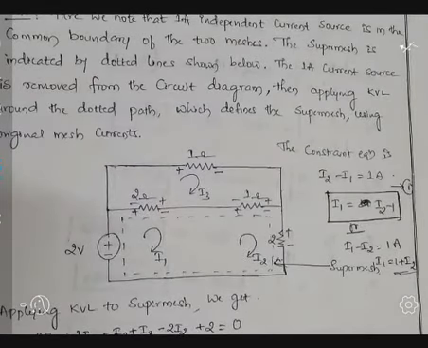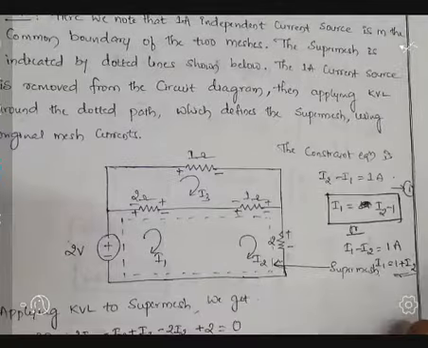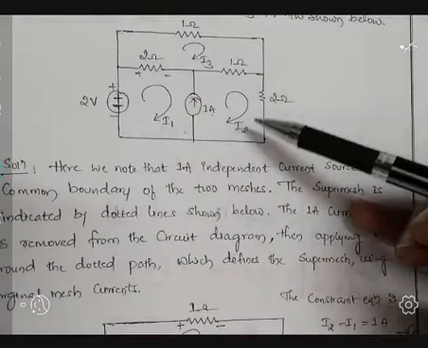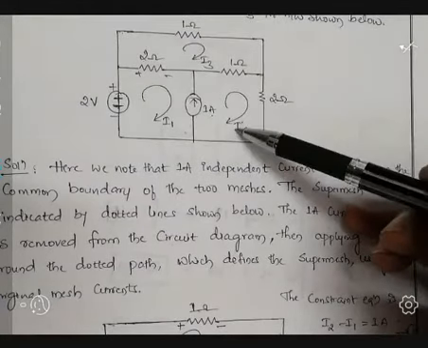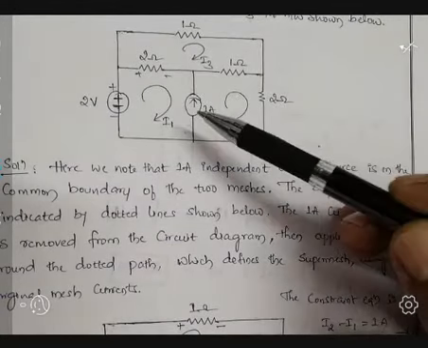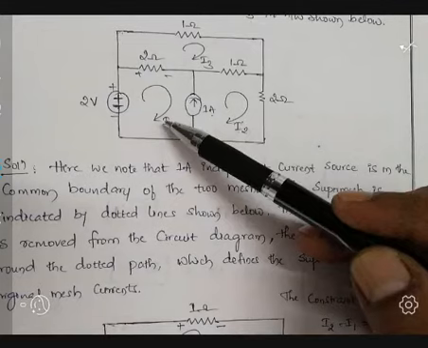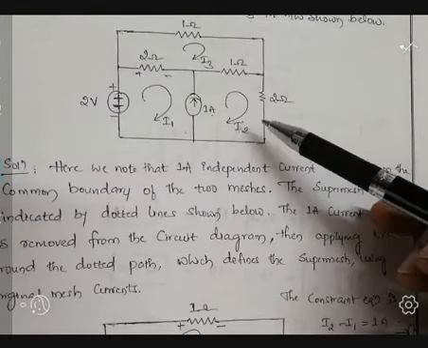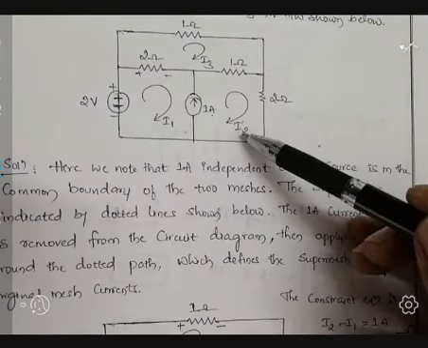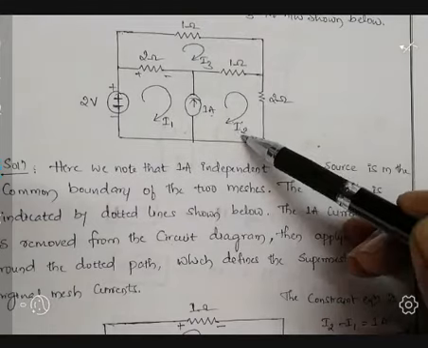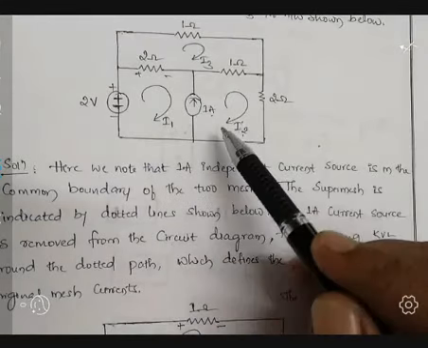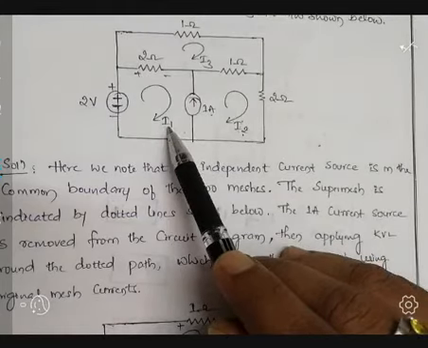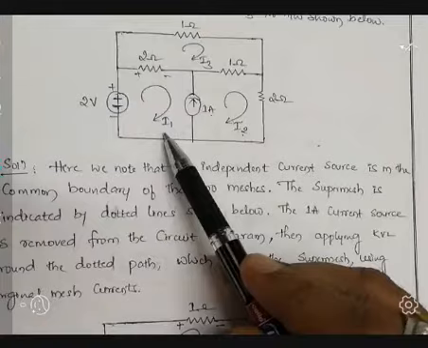Now from the given network, if you take I2 as the reference current, I2 is moving upwards and the current I1 is moving in the opposite direction of I2. Once again I'll repeat. If we take the current I2 as a reference, it is positive I2. For this I2 current, the current I1 is flowing in the opposite direction, so it acts as a minus. Hence, I2 minus I1 is equal to 1.